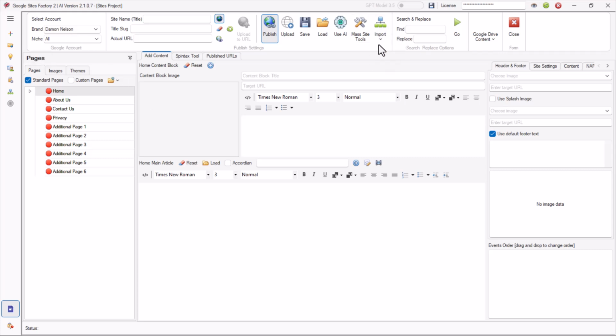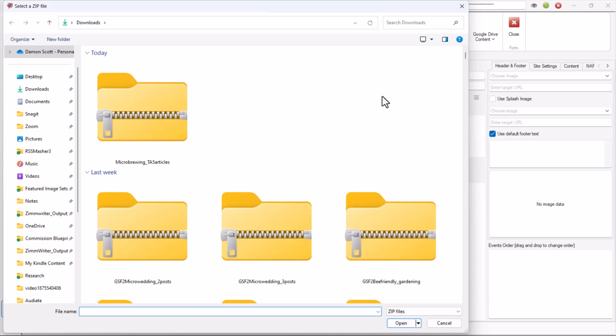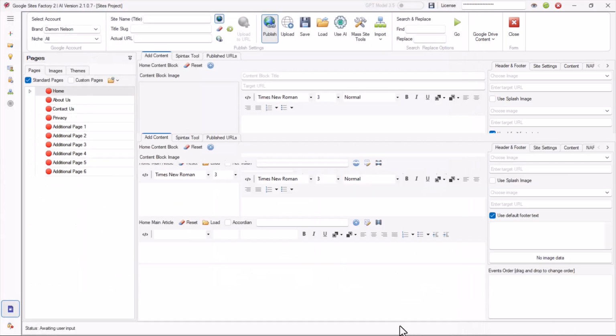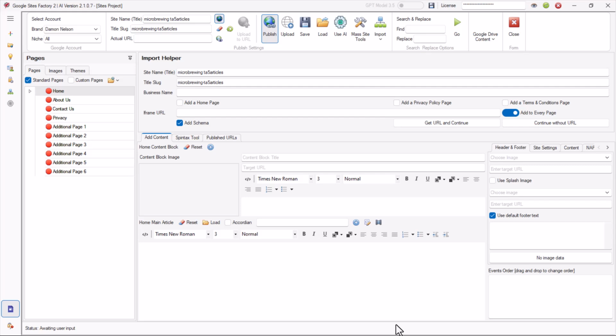Now I'm going to come over here to the import. You see how this is highlighted, publish? So I'm just going to go in and import. Come down here. Now there's all this other stuff that you can do, and you'll have to learn it from the Google site guys. But I am going to do import AI Masher. Here's that microbrewing, 5 articles. Choose it and click open. Okay, now that's all you have to do to get it in here.